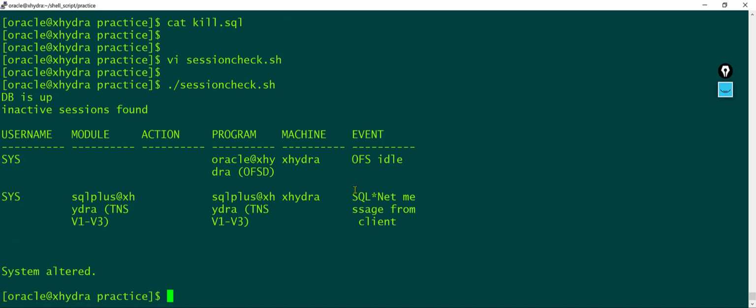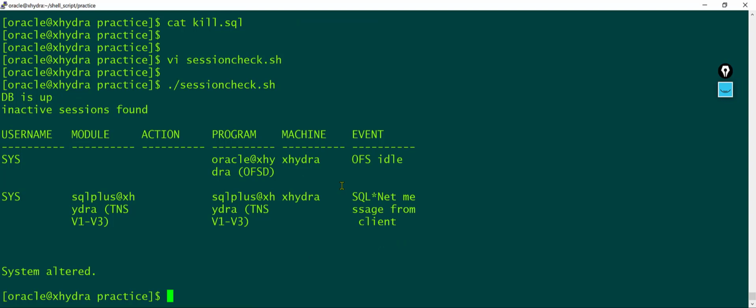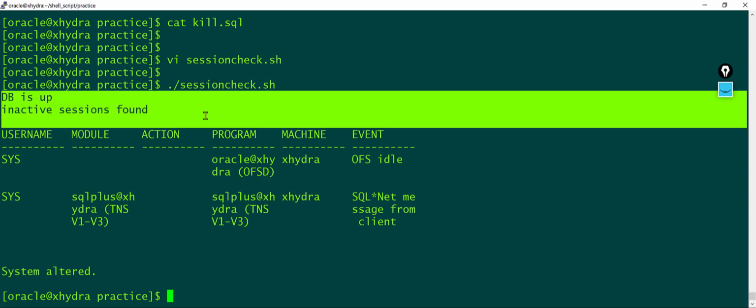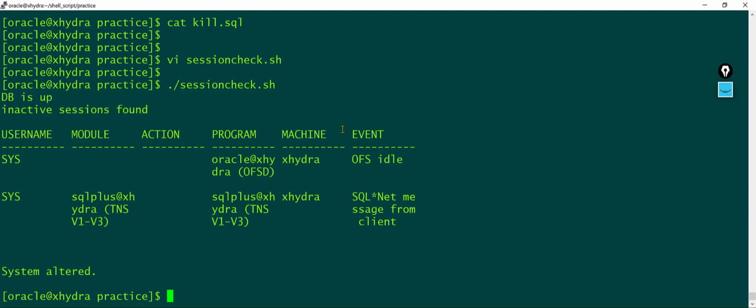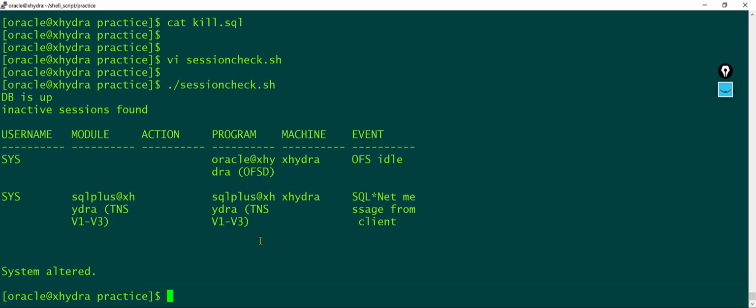Yeah, so now we can see that this particular session has been killed, right? So this is how we can use the script for any situation. Previously I had used status of the session, either active or inactive. Since we don't have multiple sessions in our database, we are not able to simulate that situation. But when I use a SQL ID, we are able to correctly fetch the SQL ID and kill that particular session. Okay,